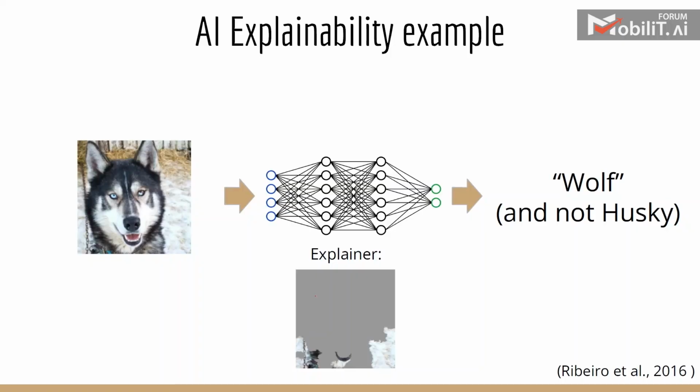And this was again given to LIME, and these were the features that were pinpointed. So the explainer pinpointed the features in the background of the ice. And what probably happened here was that this model was biased toward images of wolves in the background of ice. And when it saw this specific image, it mistakenly classified it as a wolf. So these were just quick examples to show you again why AI explainability is important and why it can help us better understand our models so we can better trust them.